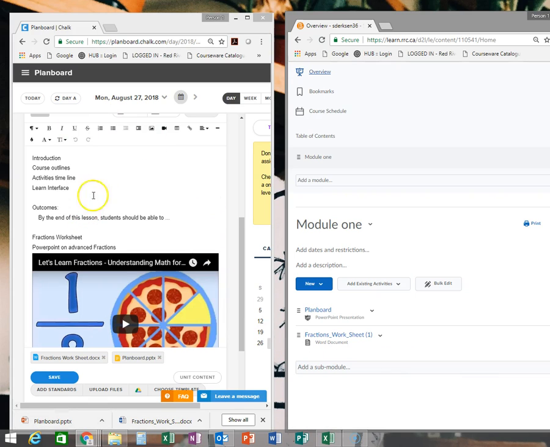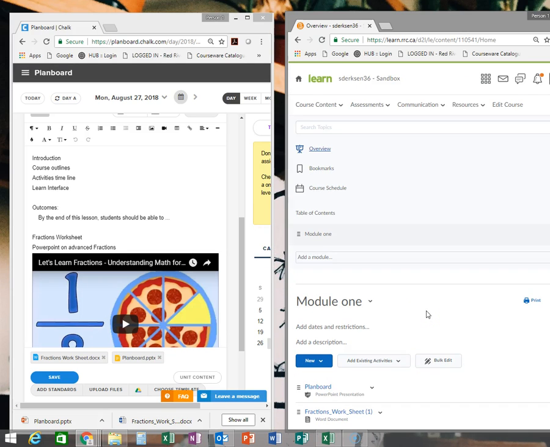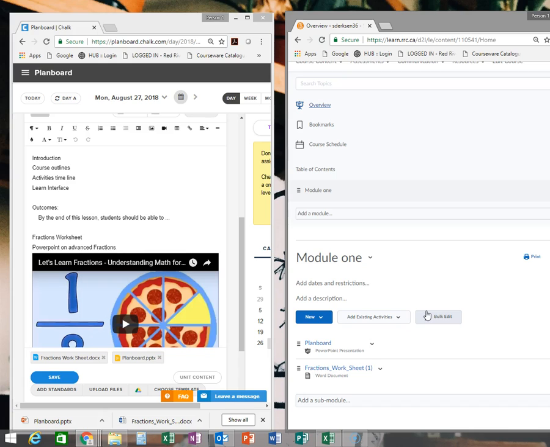So I can use my Planboard for that daily time, and I can use Planboard day by day, and then I can pop those resources as I want into Learn that I want my students to see, and it just keeps everything together. I'm terrible for having a OneDrive and a Google Drive and a Dropbox and then a flash drive and then a hard drive on my computer. And so having this all in Planboard just makes me really, really organized, and it's so easy to